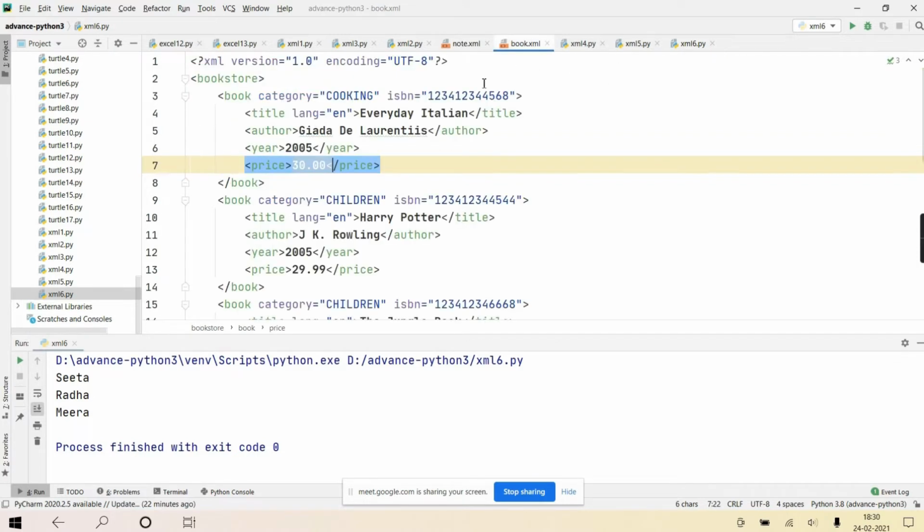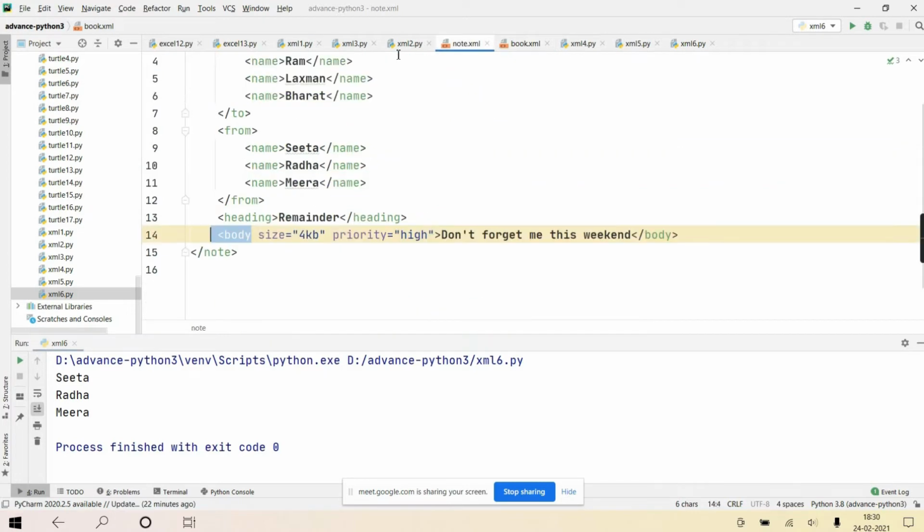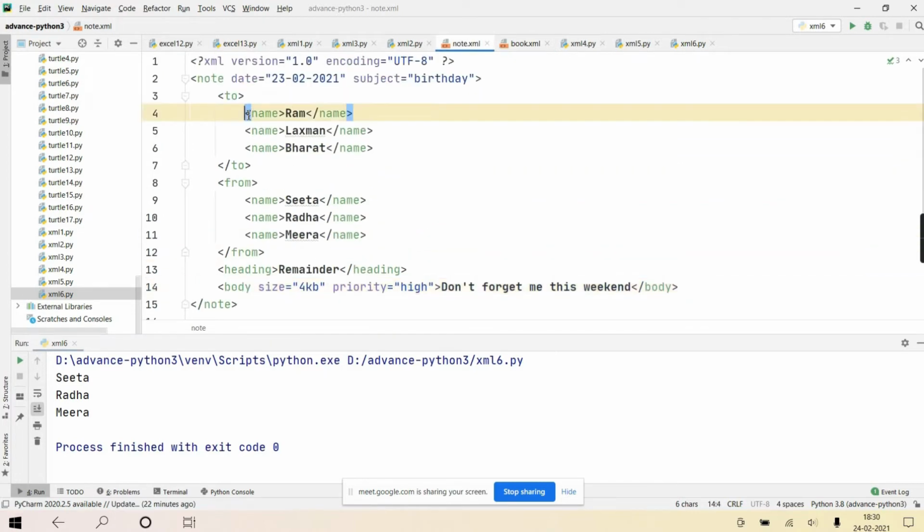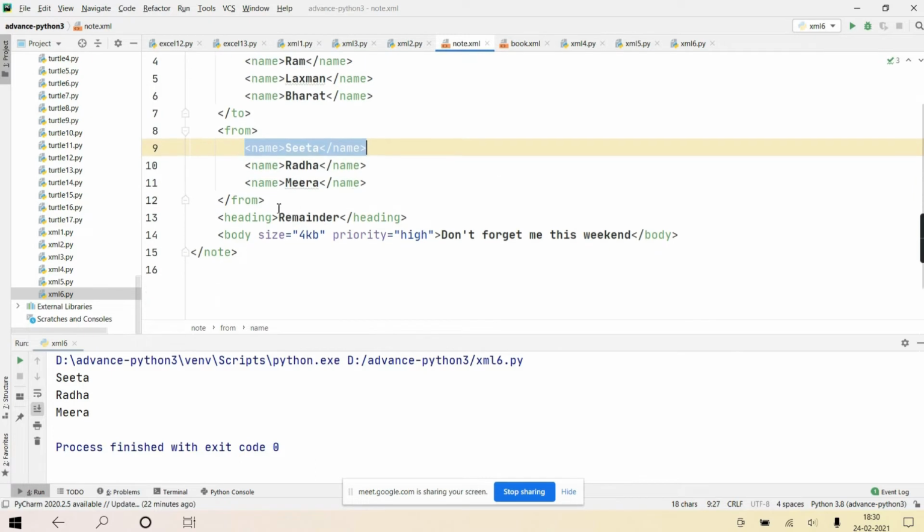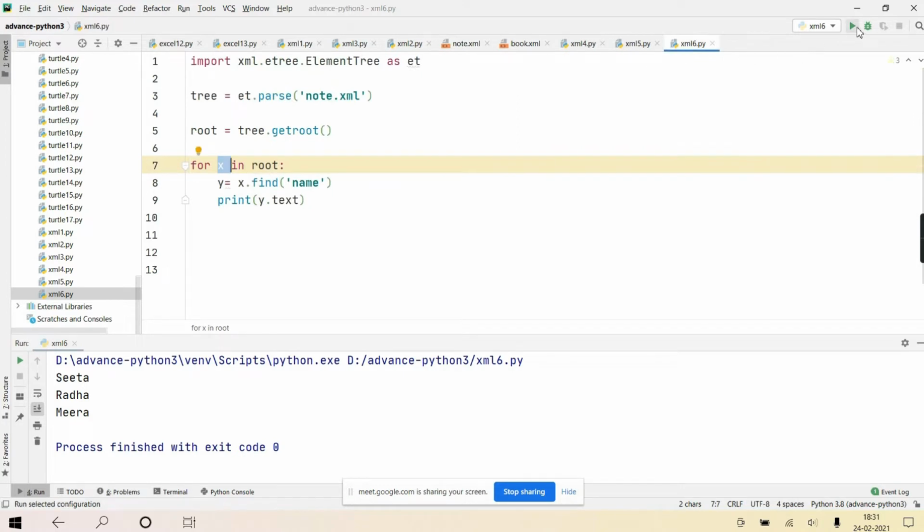So first time it returns this element, Ram. Next time, that child's first child with the tag name 'name', so this one will be returned. Heading doesn't have a first child with the tag name 'name', and body also doesn't. So in that case, what will happen? Nothing will be printed.